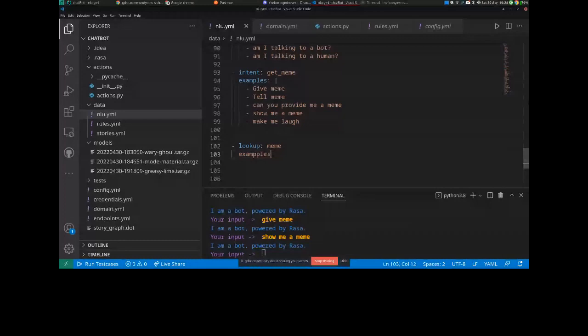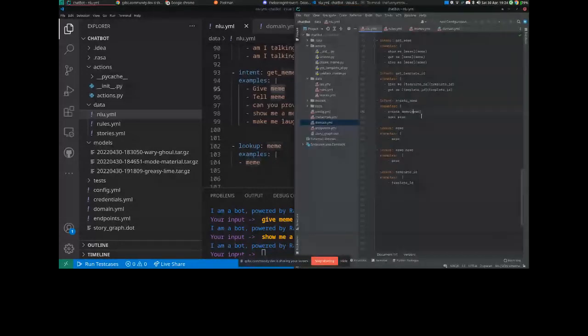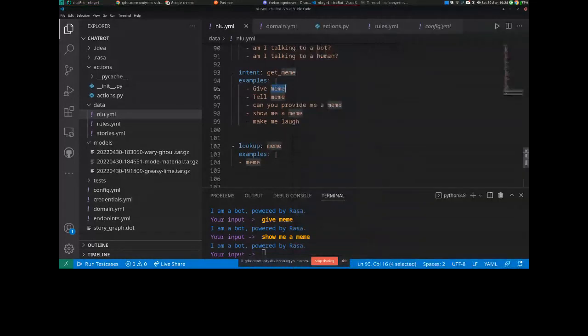examples, meme. It is basically the same as what we have done earlier, and it is just telling that okay, this meme is basically going to be the type of what we have defined here, and that is how it will understand that this is actually the type of that thing, and that is why it is needed for us right now. So whatever the meme here will be of type meme, which is basically here, and let's do this everywhere. Make me laugh, and that's it.